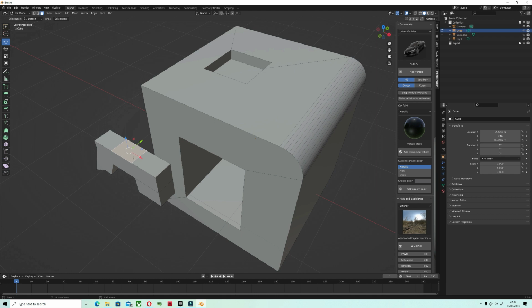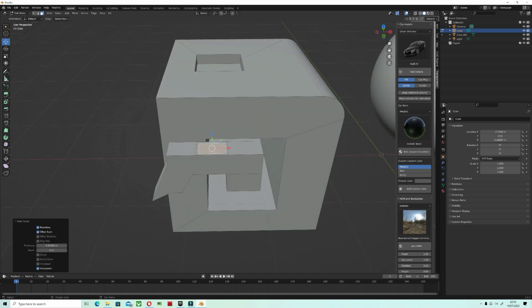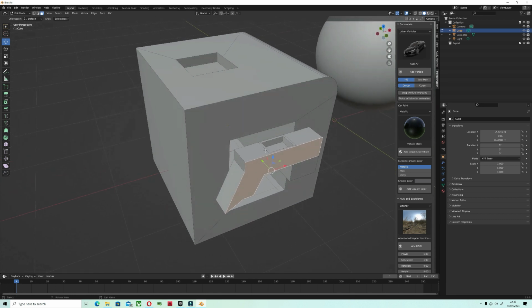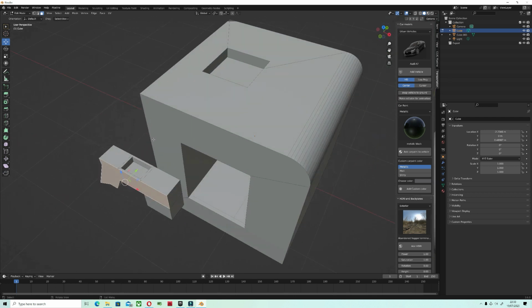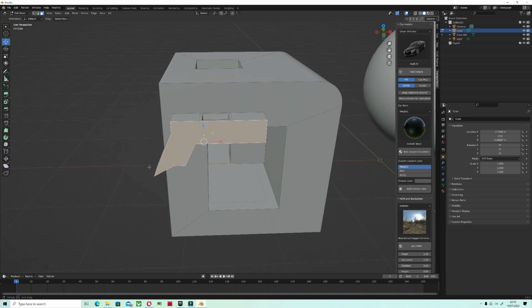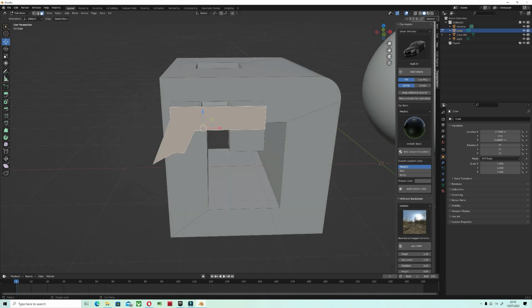So if I press I on the keyboard, this is to insert. Now I'm going to go a little bit more, once more, I again. I'm just going to go down like this, and now I could turn this section into whatever, like I could make a barrel pass through the middle, anything. Obviously this is not professional level work what I'm doing right here, but it can turn into that very